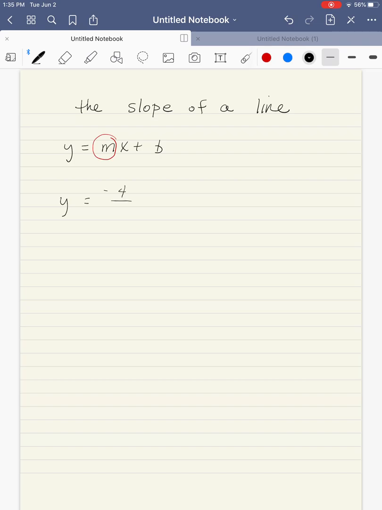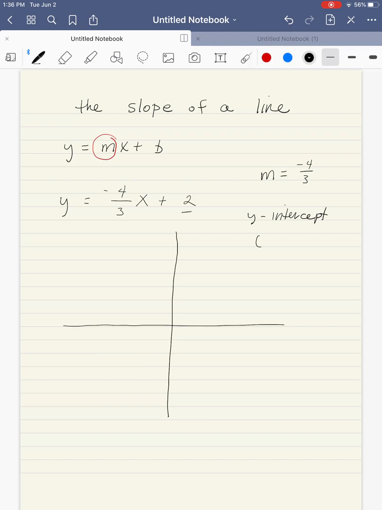So if I have an equation, y equals negative 4/3 x plus 2, we know from our previous video that our slope, m, is negative 4/3, and our y-intercept, and remember the y-intercept is an ordered pair, so the 2 is the y-coordinate of the y-intercept. So we can plot our point 0, 2,